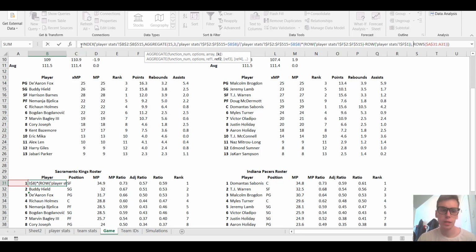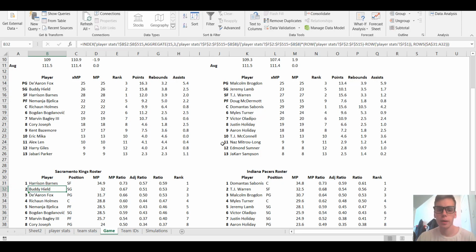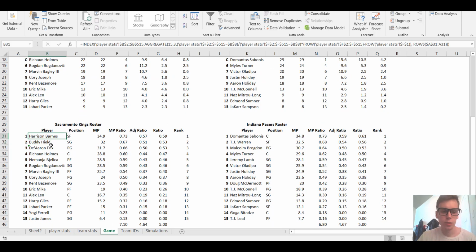So if you want to simply copy this formula to the best of your ability, you can do that. Otherwise, you can look up exactly how to do this. If you look up how to do an index match formula in Excel with multiple matches, then it'll come up with a nice little explainer video. I think there's already a few on YouTube that I've come across that will explain exactly how to do this yourself. But this is what I've done, and the result of this is it returns, if you fill it down,